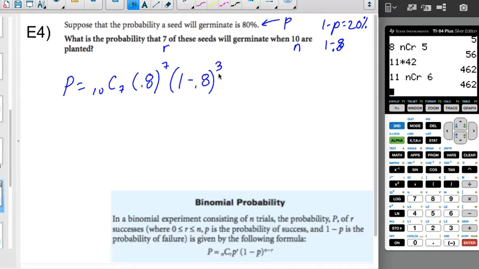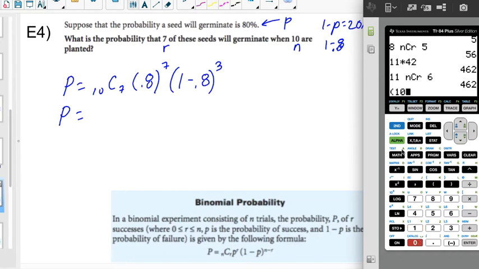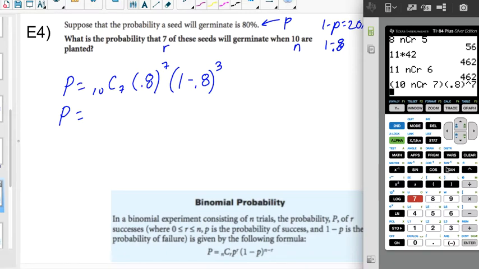So if 7 succeed, 3 fail, right? And that's what I'm supposed to plug in to find my value. So the probability is going to be, and it's totally fine to use a calculator, right? So I am going to put the 10 nCr in parentheses, right? And the reason I'm going to do that is that I want to make sure it's clear that only that 7 is in the nCr. So 10 nCr 7, right? And then I need a 0.8 raised to the 7th, right? And then I need a 1 minus 0.8, or you could put that as a 0.2, raised to the 3rd,